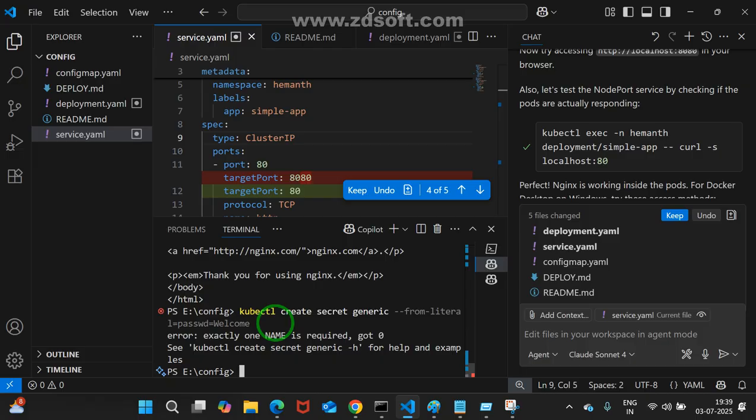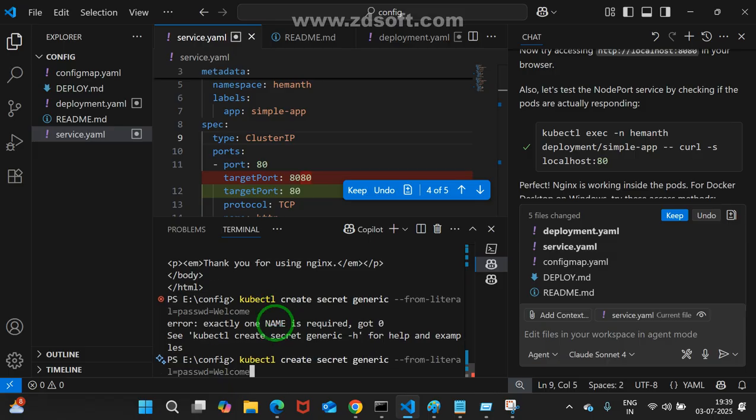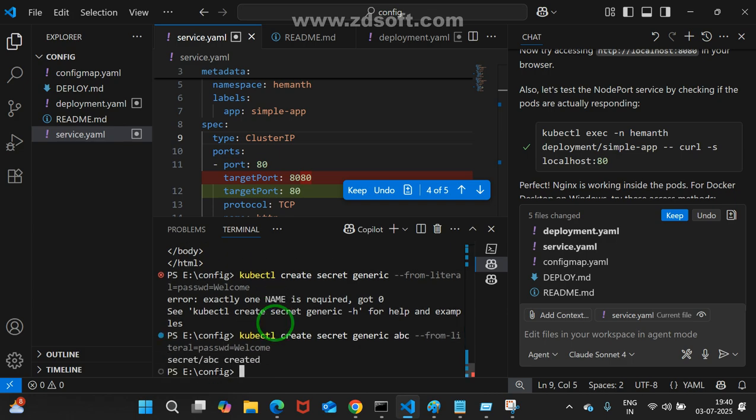Spelling mistake. First of all, we give the name. Required got 0. What is it telling? kubectl create secret generic. It says secret name is required. I didn't give a secret name. Okay, I'm going to give: kubectl create secret generic ABC, assume. Is it created, right? Now kubectl get